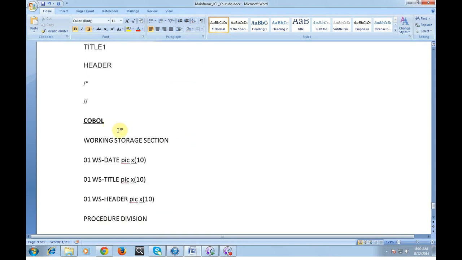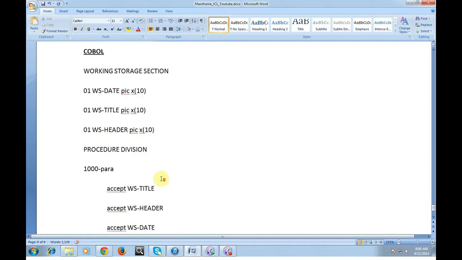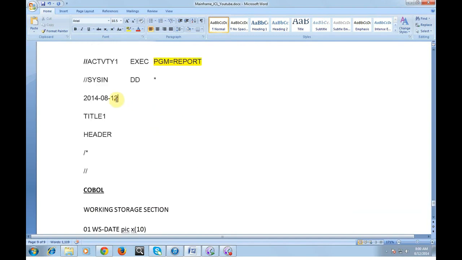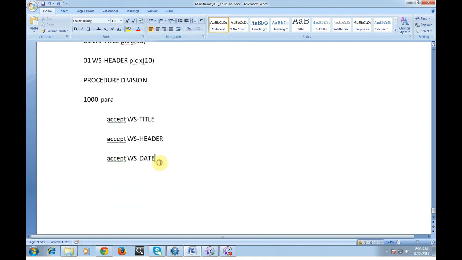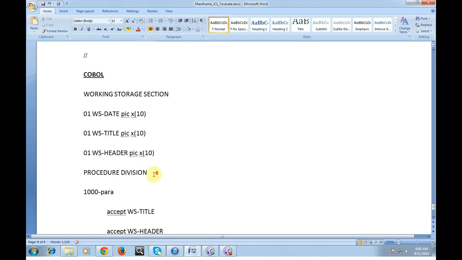How does the COBOL program look? In the working storage section, you need to declare variables. In the procedure division, you declare a para. Once you say ACCEPT, it will accept the title, the header, and the date. Then you can straight away print the title, header, and the date.